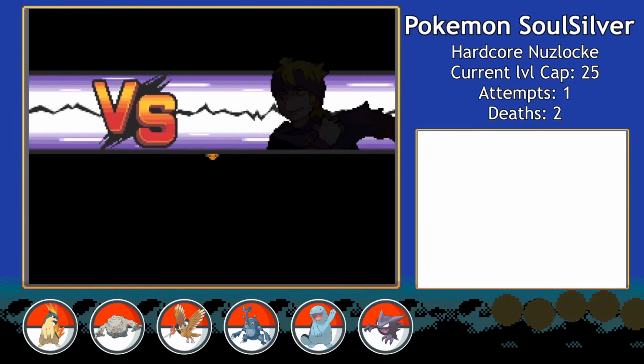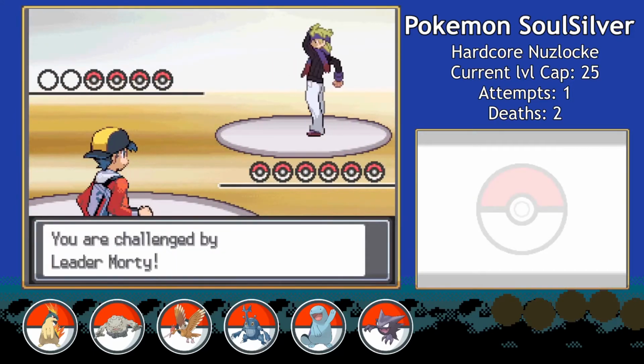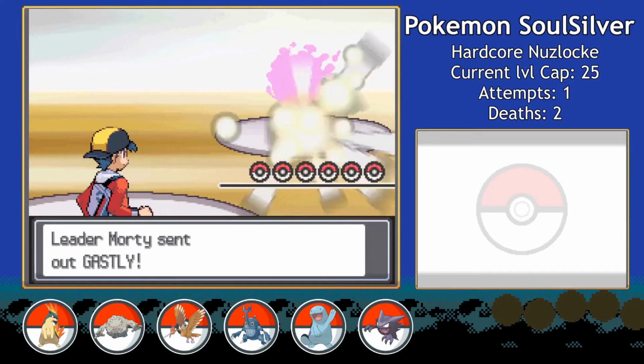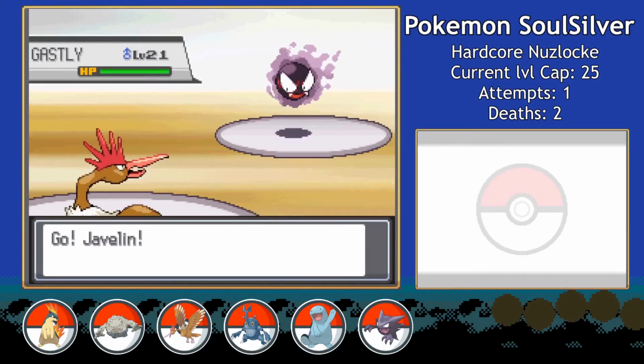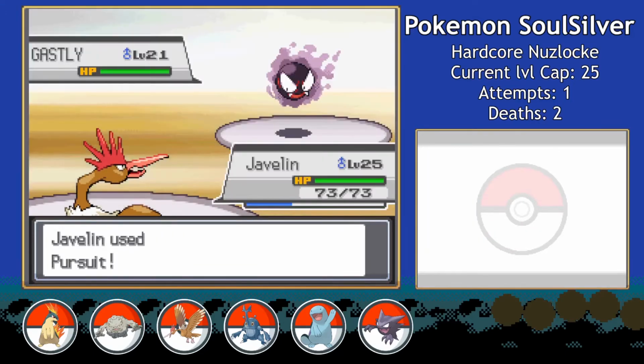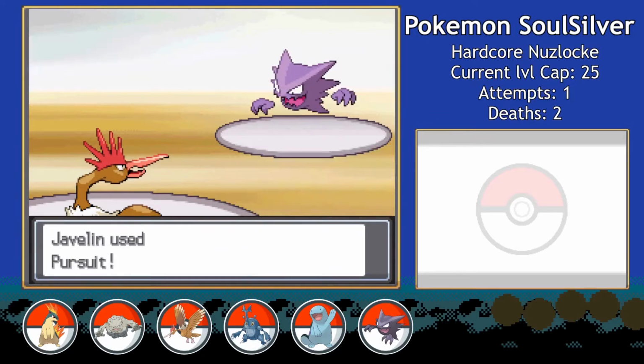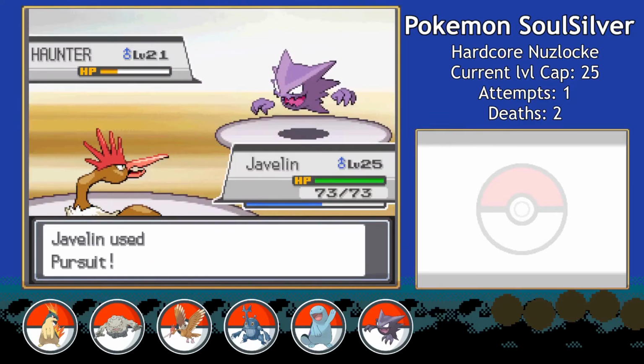I'm now ready to face the Ghost Gym Leader Morty. Ghost types can be a bit annoying to deal with because of things like Confuse Ray and Curse, but Javelin's part Normal typing is going to be really useful for immunities. Morty leads with a Ghastly, and a super effective Pursuit from Javelin takes it out in one shot. One of his Haunters is out next, and another Pursuit does over half of his health, but he hits a